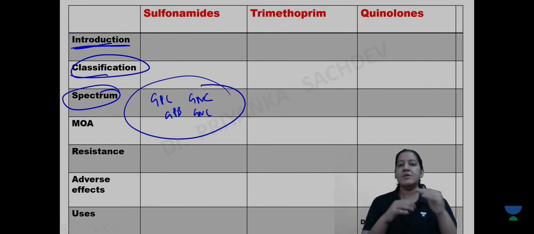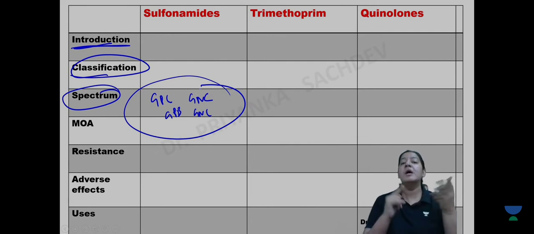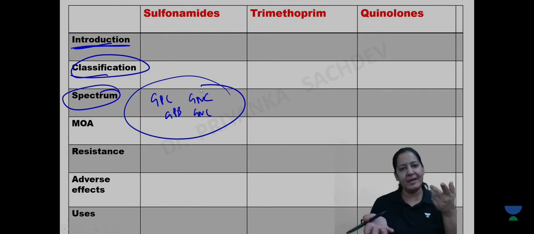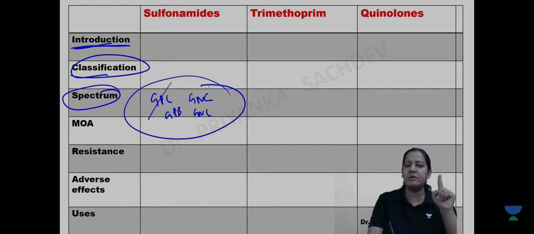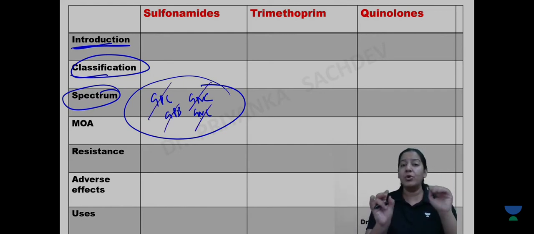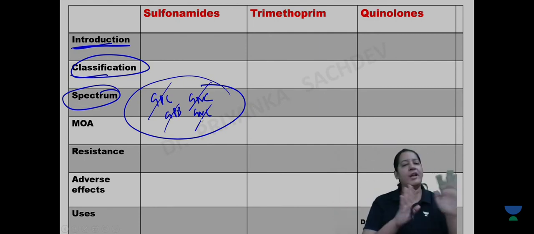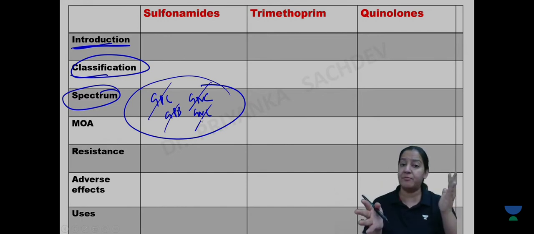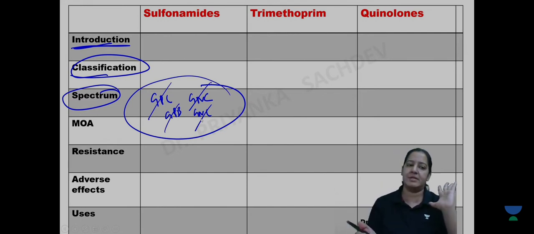You are a doctor now, so whenever any patient comes to you saying, doctor, I'm having this symptom, this symptom, this symptom, based on the symptoms you will come to a diagnosis that this patient has an infection with a particular bacteria. The name of the bacteria is this. You will apply the culture and other tests. Based on that, the bacteria is either gram positive, gram negative, cocci or bacilli. So you want to give some specific antibiotic that kills only that bacteria. And if you are not sure, you will give broad spectrum. So being a doctor, you should know the narrow and broad spectrum of all antibiotics, right?